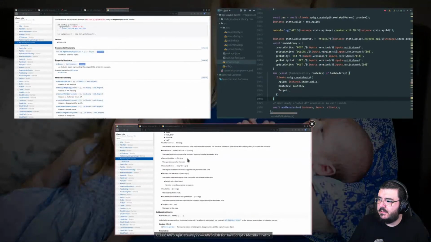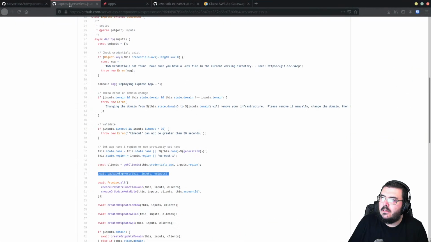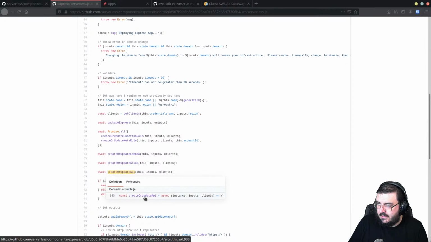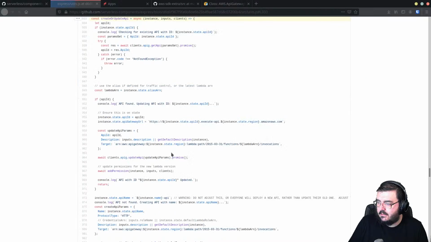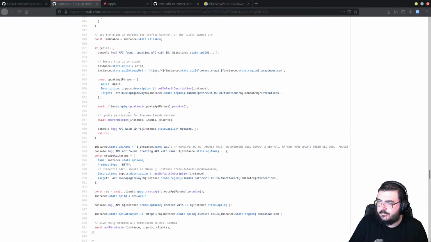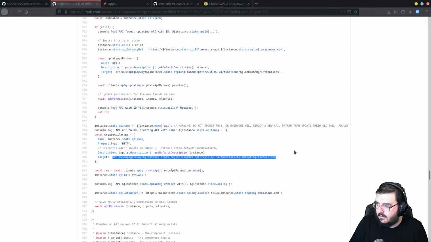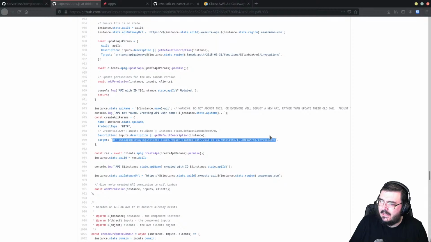So I'm going to take a look at the original Express here, and let's look at target, how it's written. There. Really? Like that?